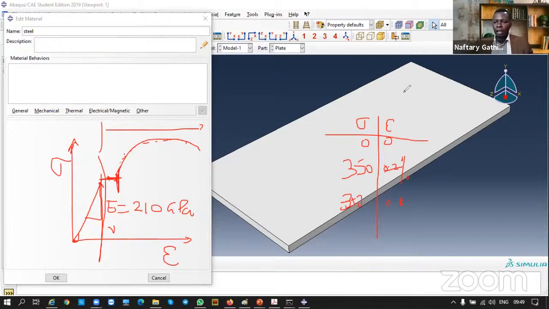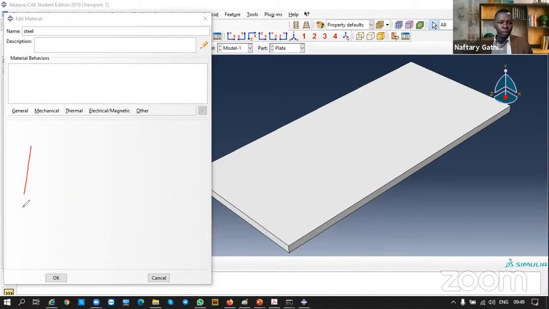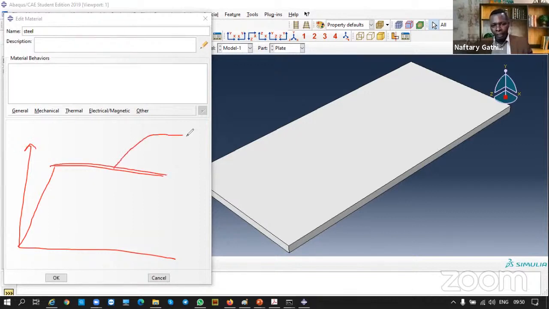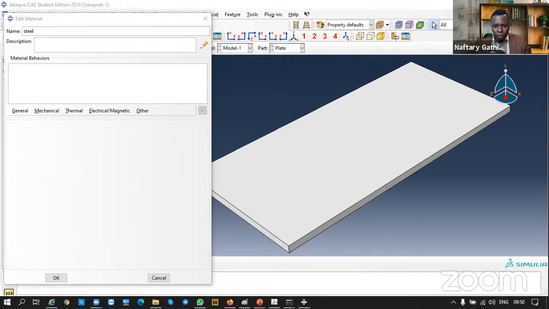But now, because I have not gone to the lab, I'm just going to assume elastic plastic material behavior. That is, after yielding, it becomes perfectly plastic. No strain hardening. Strain hardening is what enables the material to carry more stress, more load, even after the yielding. So usually, if you don't have this data and you know the typical values, in your assignment, I have said in your assignment that